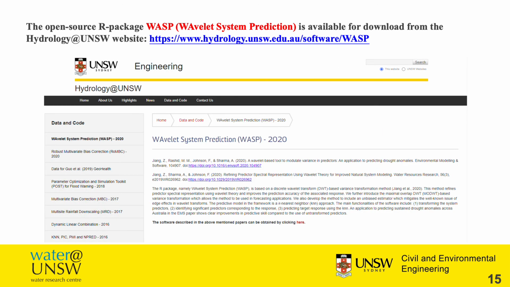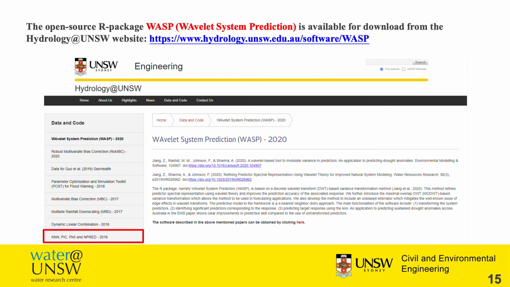Here it is. Anyone can access our hydrology group website at the University of New South Wales. This developed package is named Wavelet System Prediction, WASP for short, and it can be directly downloaded from this link as well. Another thing to mention is that our group has lots of open source data sets and tools available online.